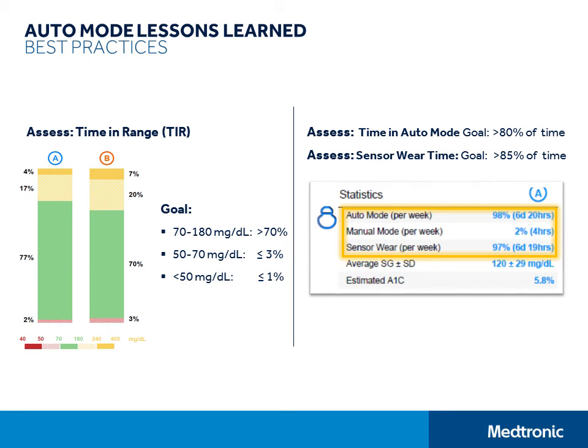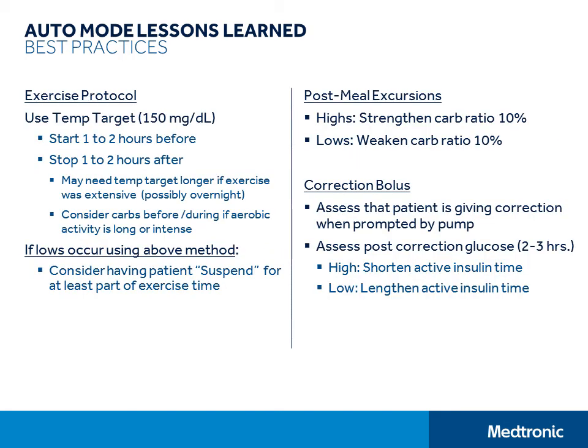For time in auto mode, above 80% of the time is a good benchmark based on our real world experience and also the pivotal trial, and also sensor wear time above 85% for patients wearing that sensor to really get the most out of the 670G system. So this is the second key slide, and there have been questions around what to do when a patient exercises,